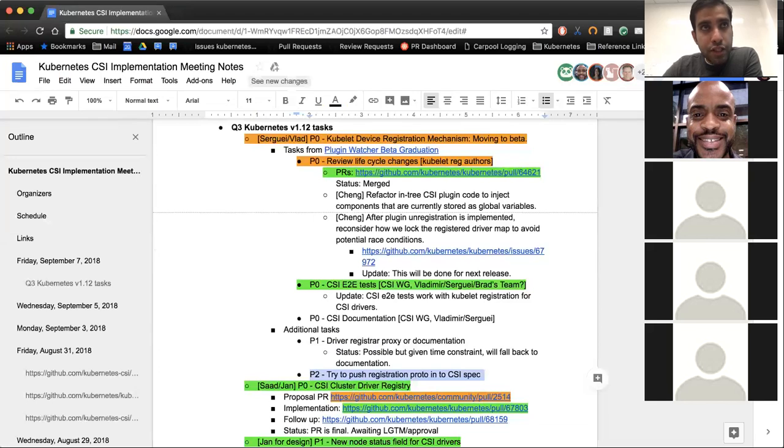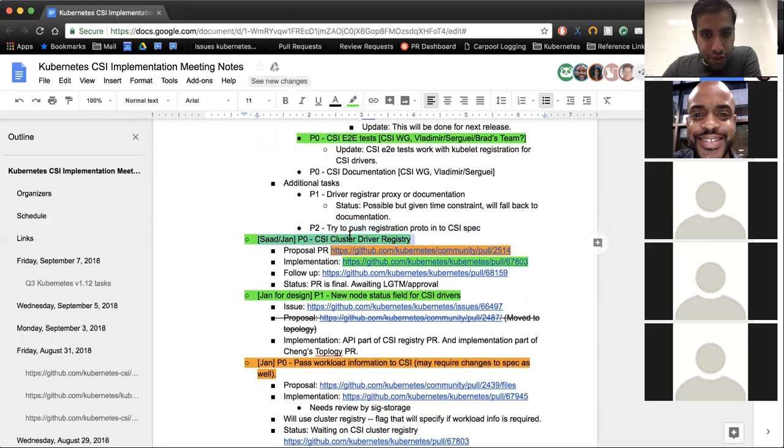If we could just inject all that gRPC logic we have for the handshake into CSI, the CSI driver could just implement that logic, and we don't need to have a sidecar that implements it and then have a second socket that it passes back to. So it's just a nice-to-have thing. If we can get it done, it would simplify things. If not, it's not a huge deal. Okay, cool.